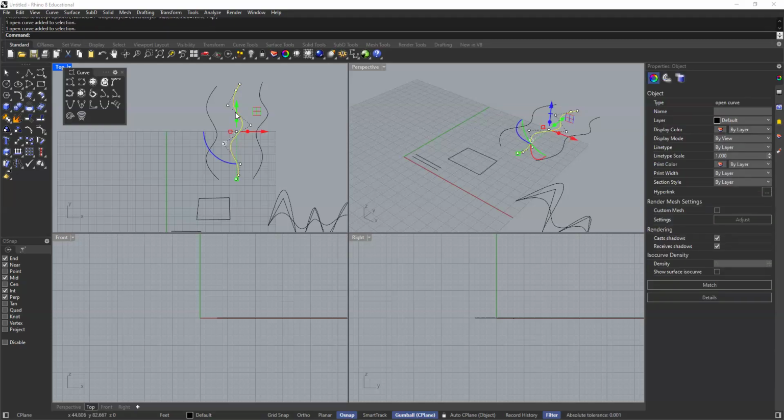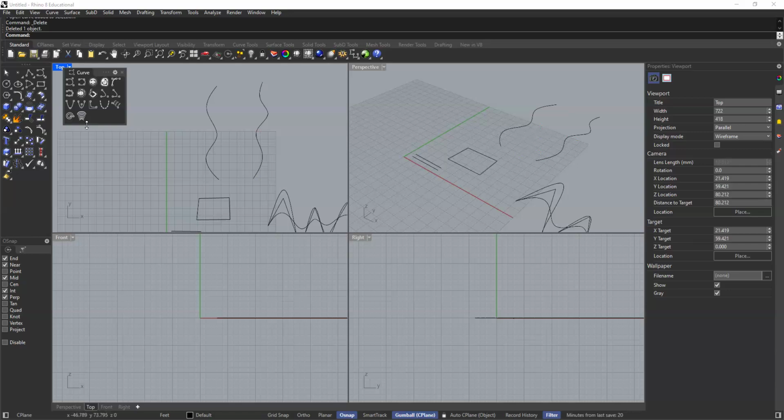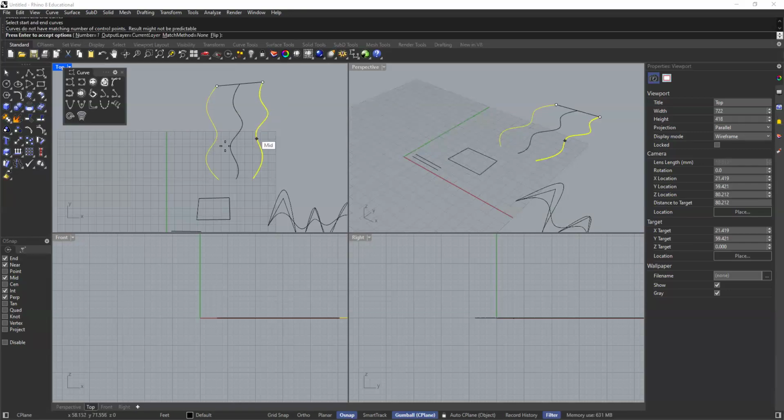So I'm going to go ahead and select that and delete. I'm going to use the same command. I'll click on this curve and this curve. And up here in the options, now I imagine with my Mac users, it's going to be over here on the left-hand side. You'll notice that one of the options that we have is number. Number equals 1. This is how many tween curves do we want to generate. In this case, it generated 1. But if I click here and I type in something like, let's say 20, enter,